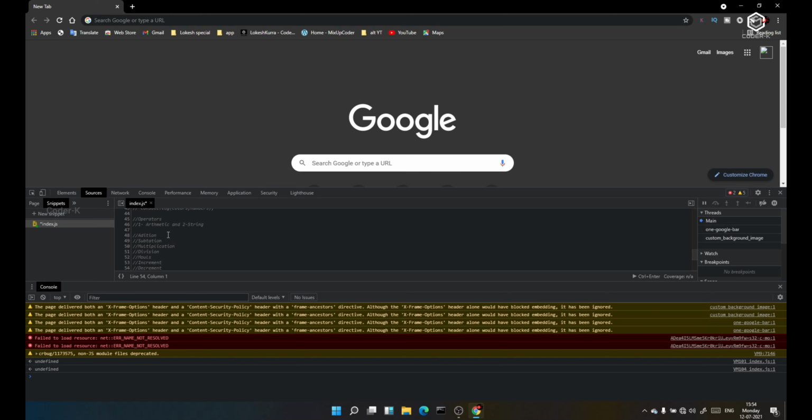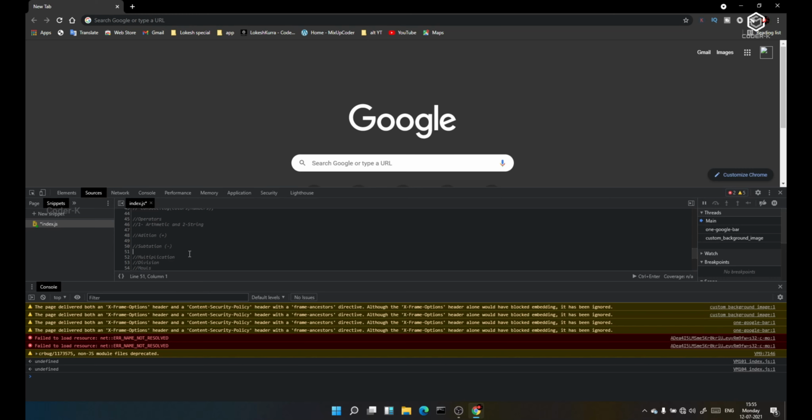Okay, first of all, the addition operator. You all know we use the plus sign for addition in mathematics. In JavaScript also, in programming also, we use the plus sign for addition, and the minus sign for subtraction.